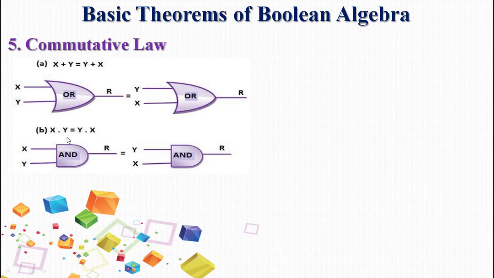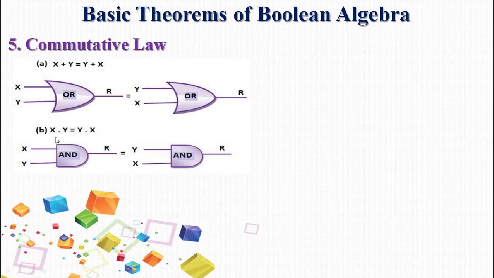Now the commutative law number 2 or B is with respect to multiplication. So x into y is equal to y into x. So 2 into 3 is equal to 3 into 2. So addition or multiplication, whatever you are writing, if you interchange the terms here and there, it doesn't make any difference, both are equal.